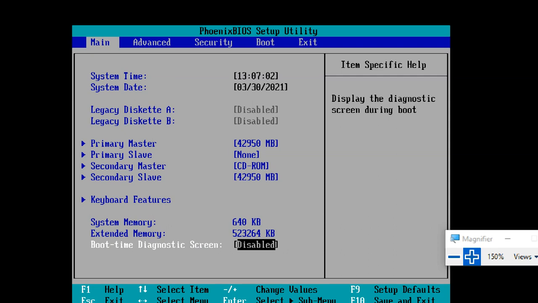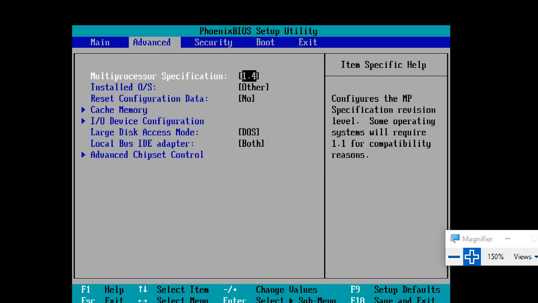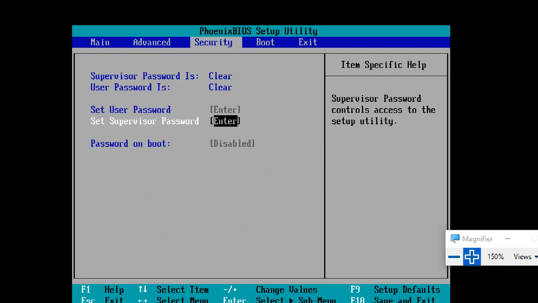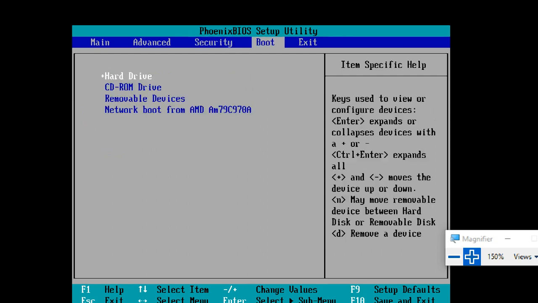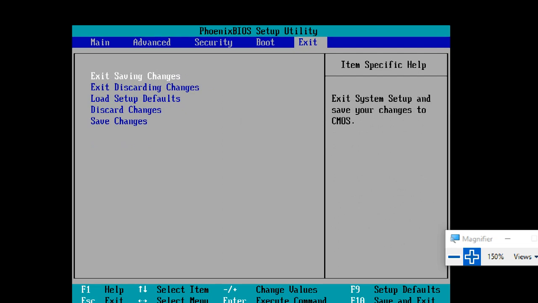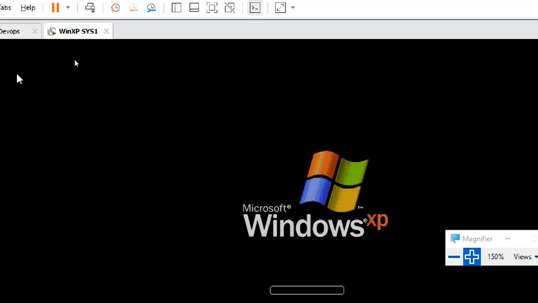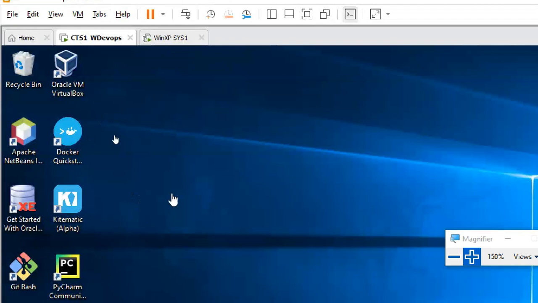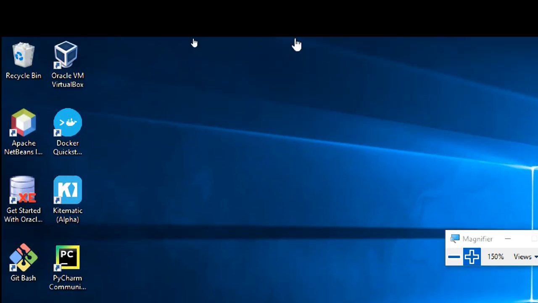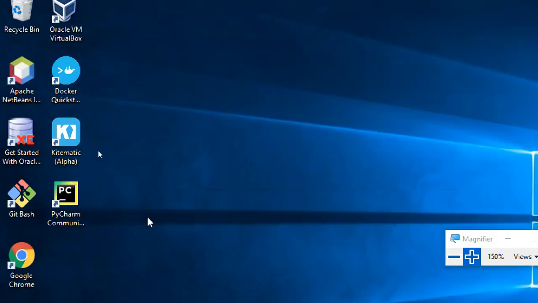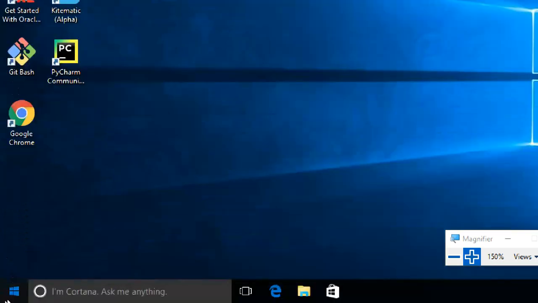I have two hard disks, 40 GB each. In Advanced, we can get some options. But this is a virtual machine's BIOS, a VMware BIOS, so our required option won't be available here. This is save and exit. Once the work is completed, save and exit. Usually when you start the PC, it tells you how to go to BIOS. Here in my virtual machine I am trying to show you how to go to that option.